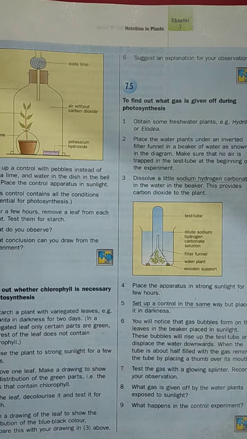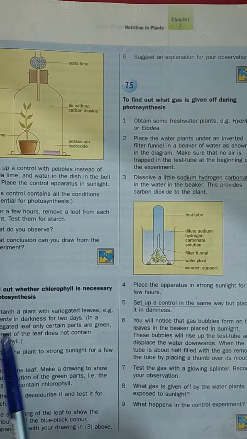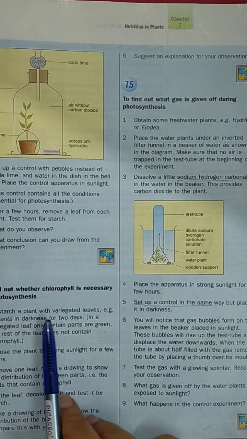In the previous video, we were discussing the components which are compulsory for photosynthesis, and by different experiments we were trying to prove that these components are very important. One very important component was left at that time, and that component is chlorophyll. So today we are going to discuss that chlorophyll is compulsory for photosynthesis. Here on page 103 you can find that chlorophyll is necessary for photosynthesis.